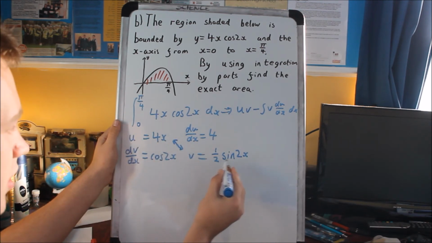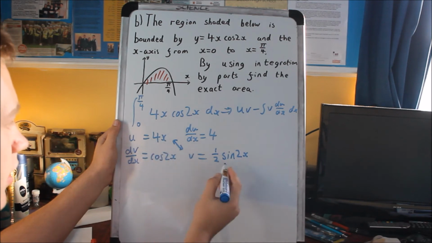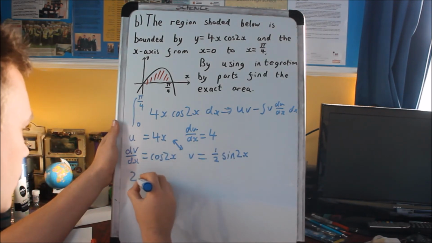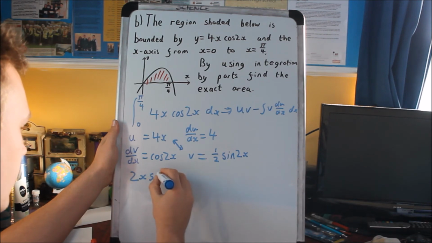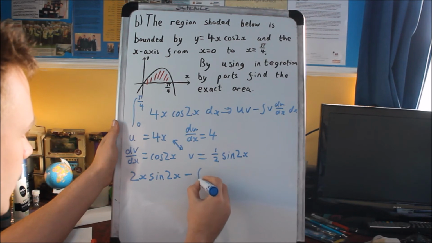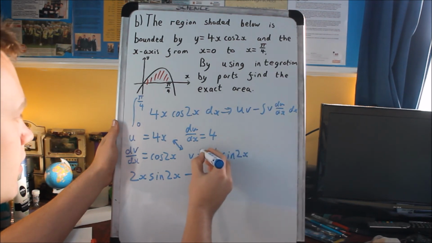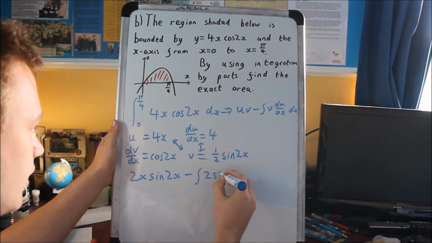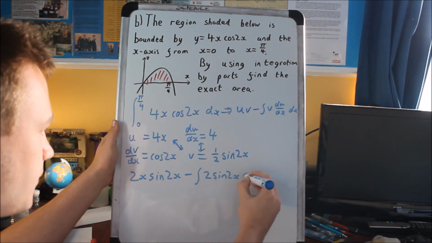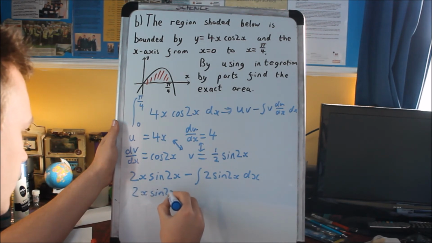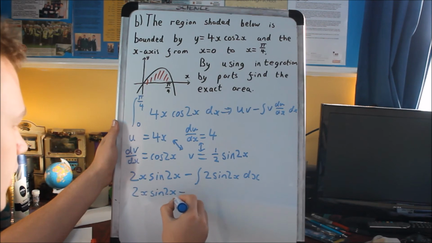So 4x times a half sine 2x. 4 times a half is going to be 4 over 2, which is 2. So it's 2x sine 2x minus the integral of, and then it's v times du dx, which is 4 times a half, so it's 2 sine 2x dx. So this beginning bit's going to stay the same, the 2x sine 2x, but then we're going to have minus,